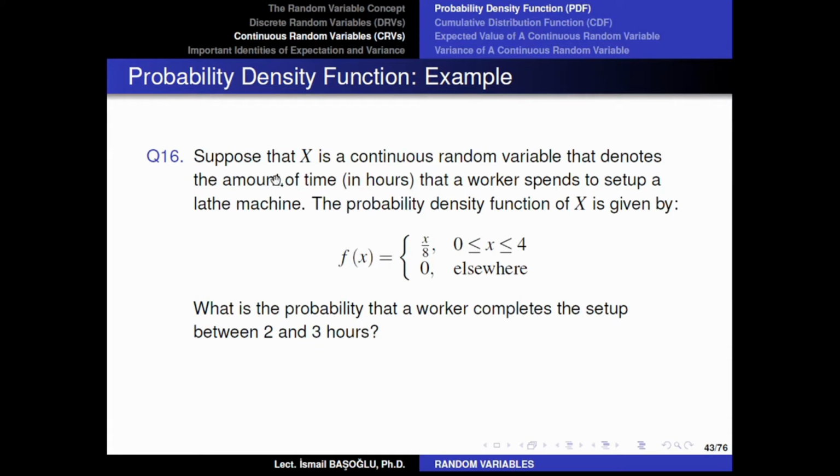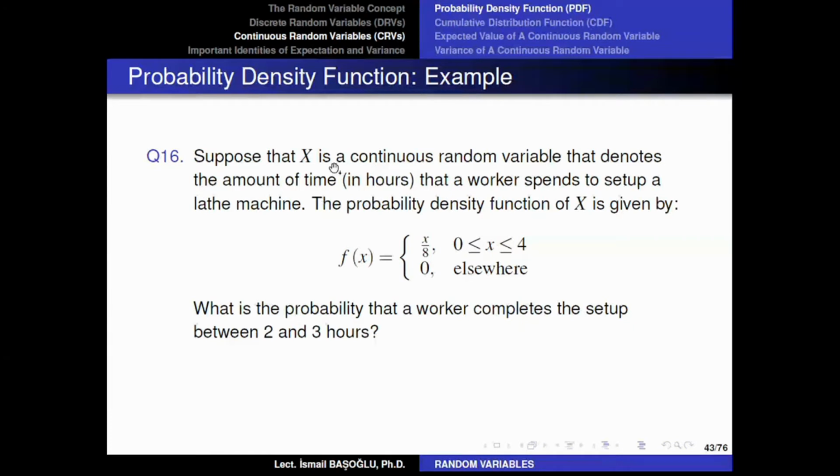And every time we intend to use such machines for manufacturing, we need to spend some time to prepare the machine for the manufacturing lot. So this is called the setup time. And this setup time for this lathe machine in hours is a random duration. Now, because the durations are measurable, you can check your clock and measure the time. You cannot count the time.